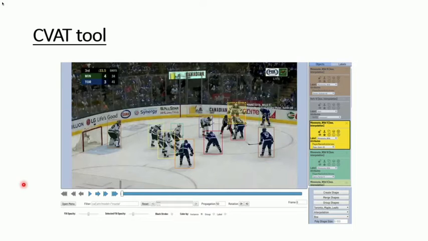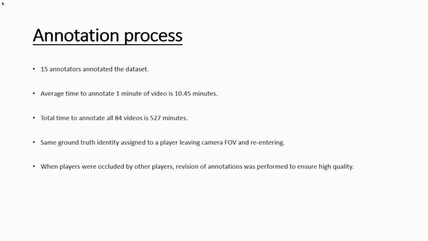Also, there is an interesting interpolation feature which uses the motion between successive frames to basically propagate the bounding box labels, which makes it easier for the person to annotate the dataset. So as far as the annotation process is concerned, 15 annotators annotated the whole dataset. Also, the average time taken to annotate 1 minute of video is 10.45 minutes, and to annotate all 84 videos